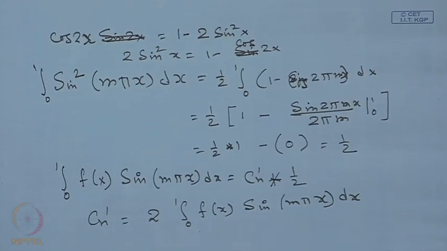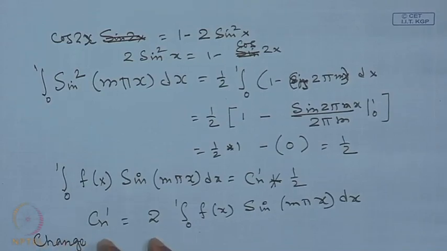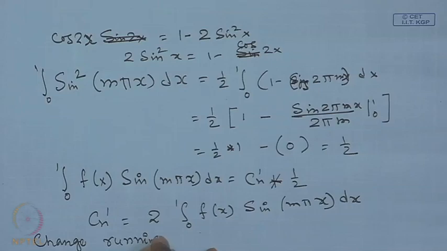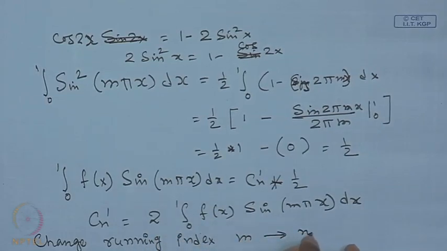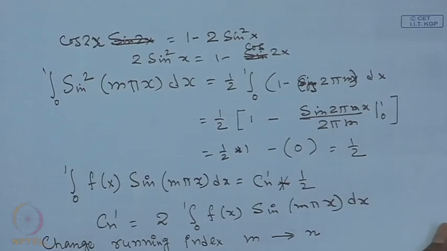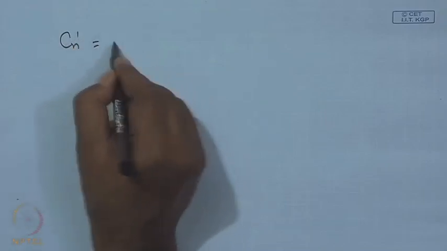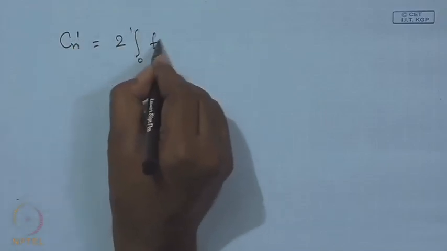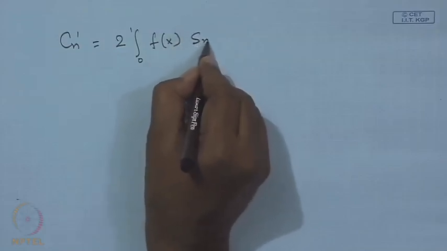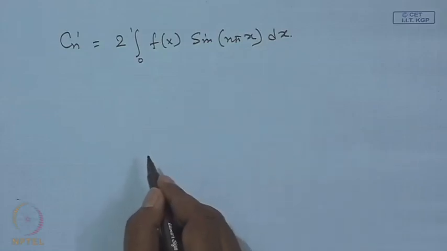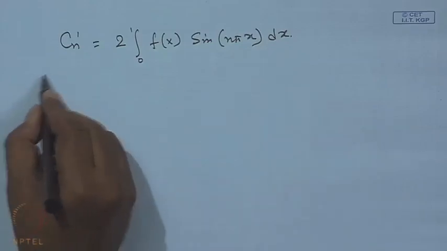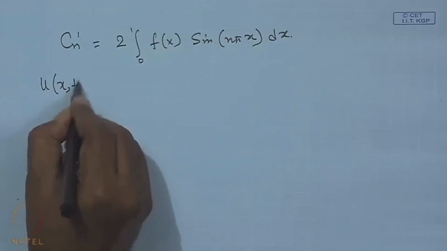Now, what we do? We change the running index from m to n. So, we will be getting C n prime in terms of n. C n prime is nothing but 2 times the integral from 0 to 1 of f of x sin n pi x dx. So, that gives me the complete solution that u as a function of x and t